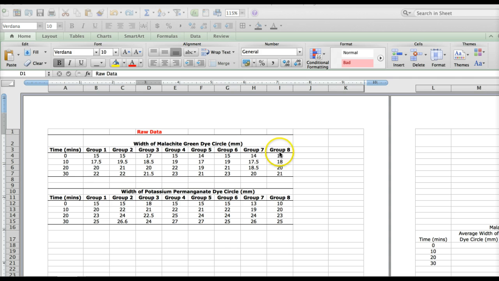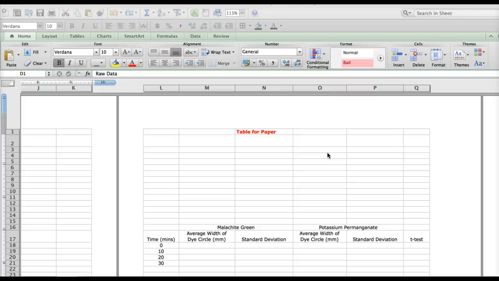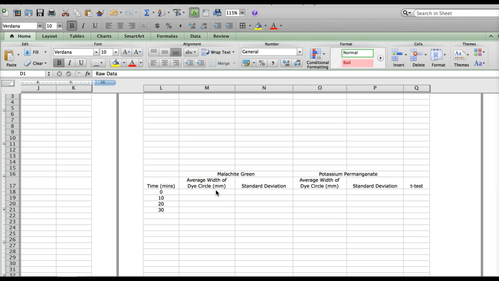To summarize this information and make sense of it, we're going to look at both the average and the standard deviation. So Excel will calculate all of this for you, and you're going to do those calculations in this second part of the file. So I'm going to start here at time 0,